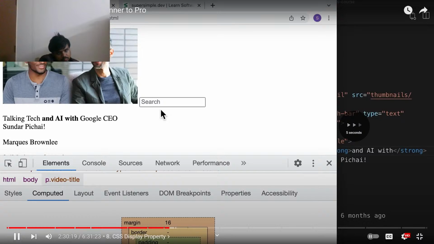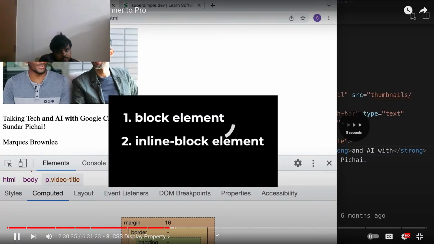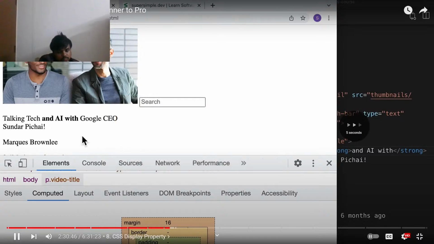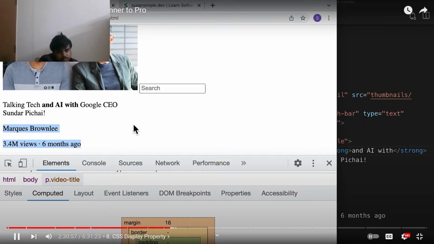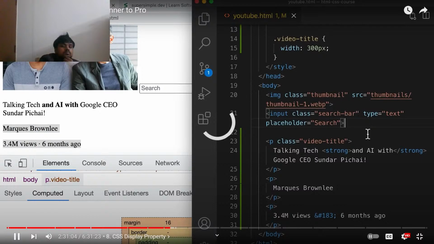up the entire line, because they determine between block and inline elements. Let's go into our